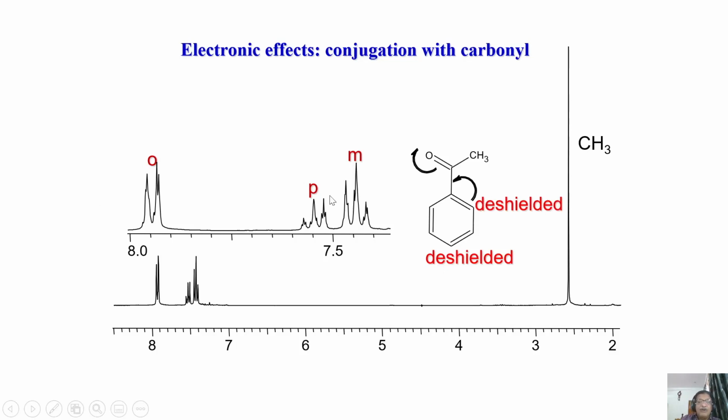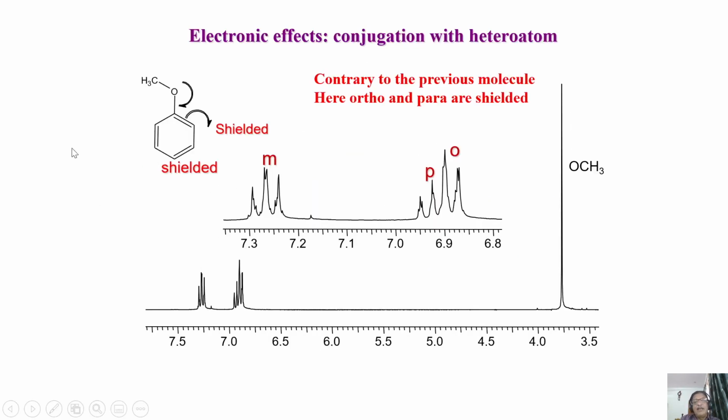Of course, ortho is more downfield shifted because of its close spatial proximity with this functional group, as you can see. The same thing, of course, if you put an OCH3 group, we also saw when we understood the mesomeric effect with ethylene. One of the examples I took was where the symmetry was broken, which showed how an electron donating group and an electron withdrawing group affect the chemical shift during the mesomeric effect. That's what we saw. A similar example here for the benzene ring also. We discussed the mesomeric effect with ethylene as an example.